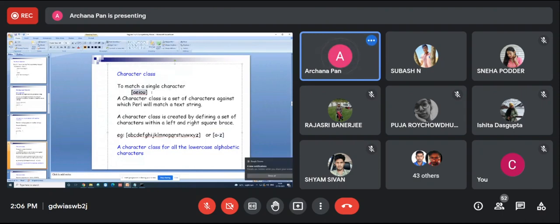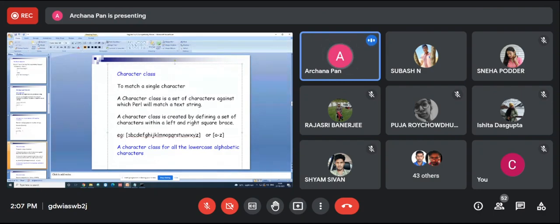Now there are different types of character class. The first one is the lowercase alphabetic character class. Lowercase means it contains a to z: a, b, c, d up to z.